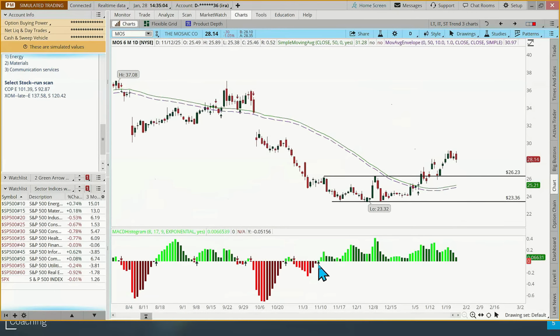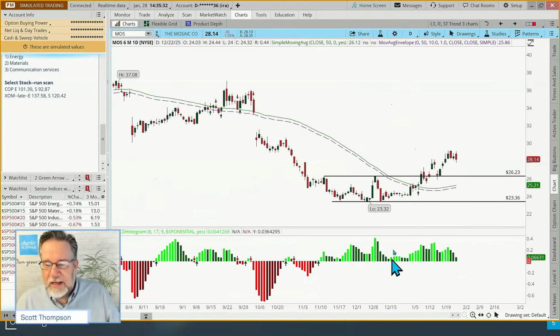The MACD. Now, the MACD's been green forever. Looks like back in November, this was a green arrow. And how long are the green arrows valid? Well, the green arrows are valid until they turn red. So the MACD is green, and it's been green forever. Now, it is falling. And so some traders and investors will look at that and say, well, it's going to go red, so I'll just wait for it to turn green again. Well, guess who did that? A whole bunch of people, right? Where they thought it was going to go red, it just didn't.